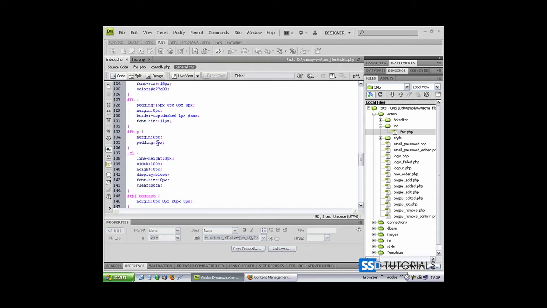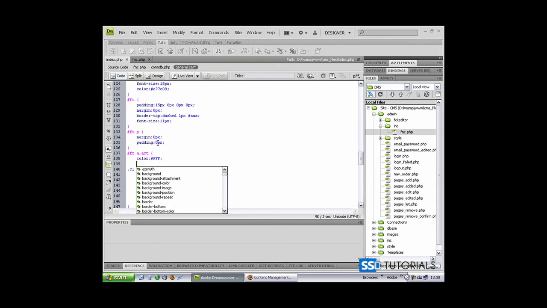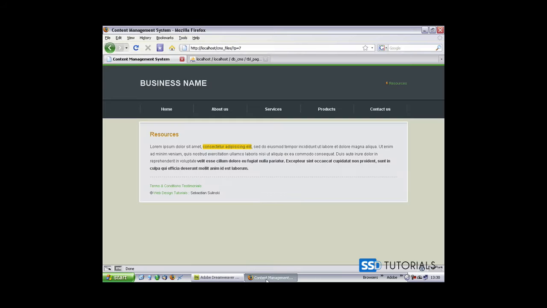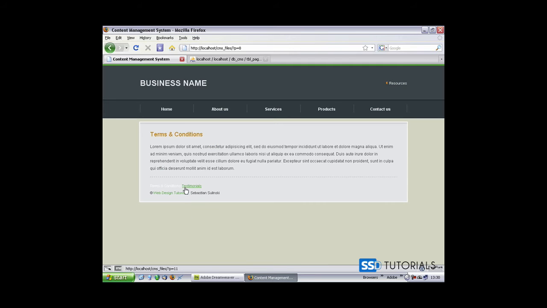Okay, if we make it FT A act color, what color we want, let's make it white for the purpose of this tutorial. And also we need to apply the act hover state. Hover as well. So if we check now, you can see it becomes white, which isn't the best color really